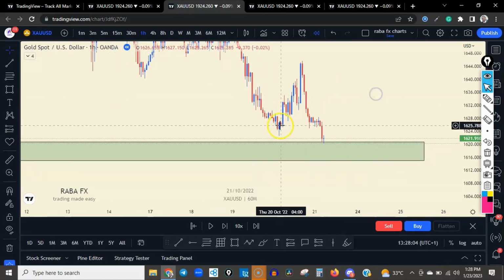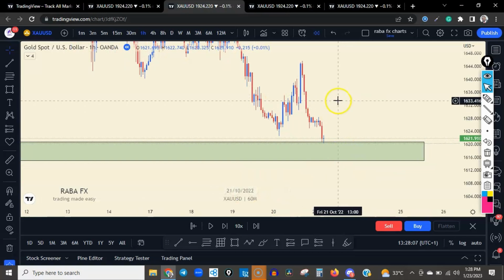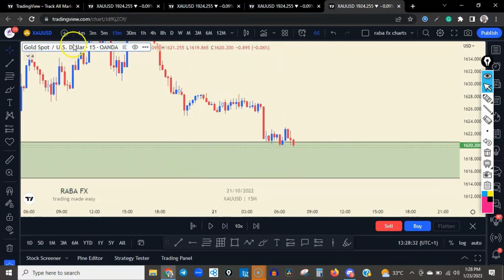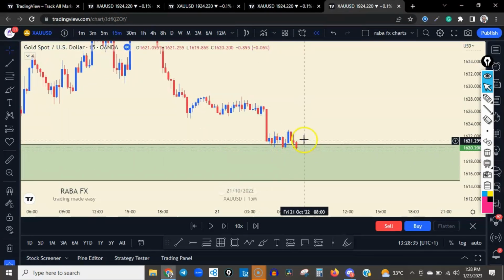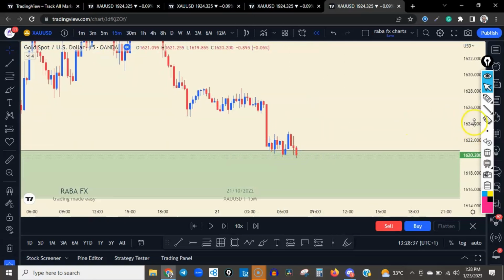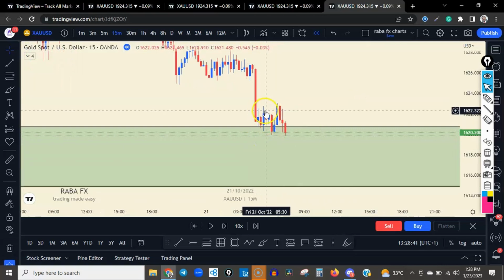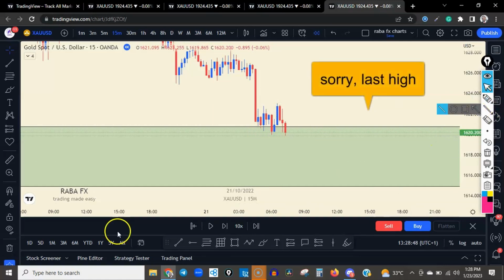But in this case, we want a better risk to reward, so we are going to go to the 15-minute chart. So in the 15 minutes, we are approaching here. What you need to do is this is what I used to tell my students. You are going to monitor the last high that took out the lows, in form of tracking it. In this case, this is the last high here. So we are going to draw a horizontal line there,